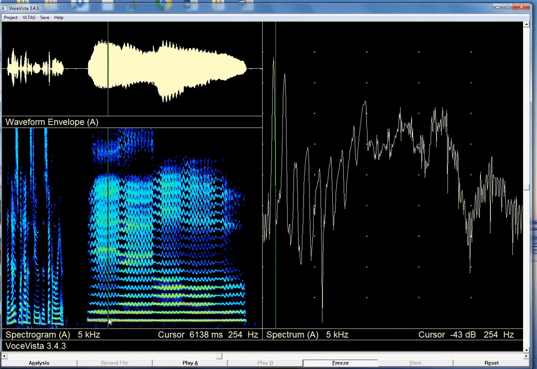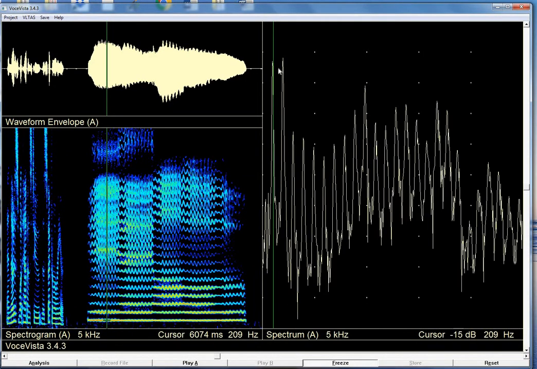So when I'm doing my E vowel, you'll notice there's 2 harmonics here that are really strong at a fairly low frequency. Then there's a really strong one here up at around 2,000 hertz. And there's some strong ones here, and then there's another set of more strong ones here. The most important ones that we're going to concern ourselves right now are this low frequency area and this area around here. Now as I go to the A vowel,